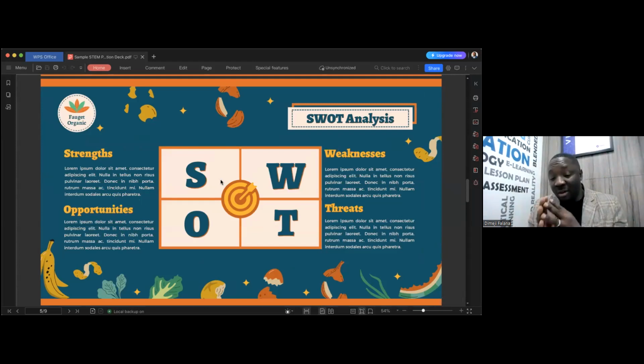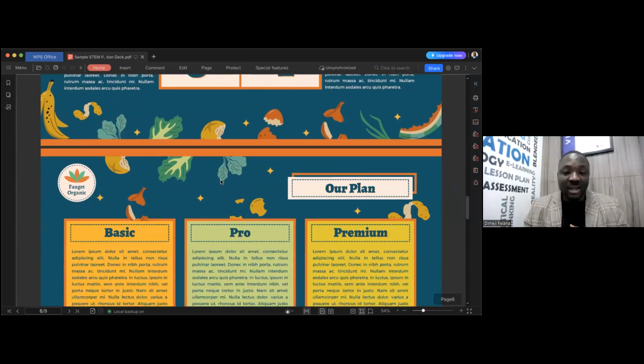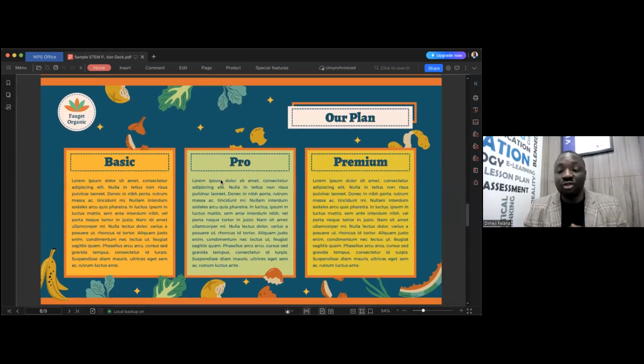I want students to pay attention to this. The SWOT analysis means the strength of the solution you are building, the opportunity, the weakness, and the threat. So do research. What is the strength of the solution you are building? What is the opportunity in it? What is the weakness? And what is the threat? Students, you need your supervisor to support you in building this together. Don't do it alone so that you can respond very strongly and actively.